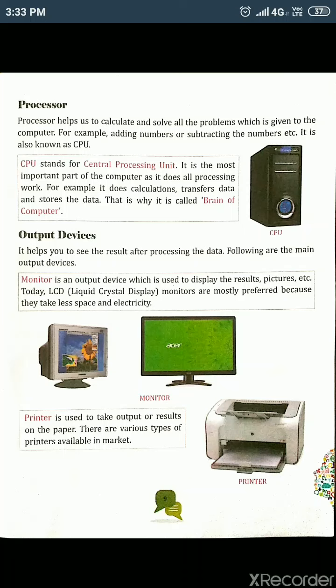A CPU is made up of three main parts. They are the memory unit, which is used to store data, and in the future a user can process or change it and use it again according to their requirement. Second is the control unit. This unit controls all the functioning of the computer.